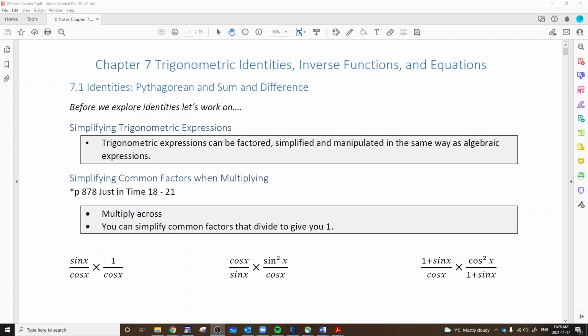So chapter 7 is sort of a continuation of chapter 6. It's still trig, but we're going to be using some of the skills from chapter 6, but mainly learning some new skills. So in this chapter, we're going to be looking at trigonometric identities, inverse functions, and equations. So 7.1, we are going to start our exploration of identities, and this is going to take us all the